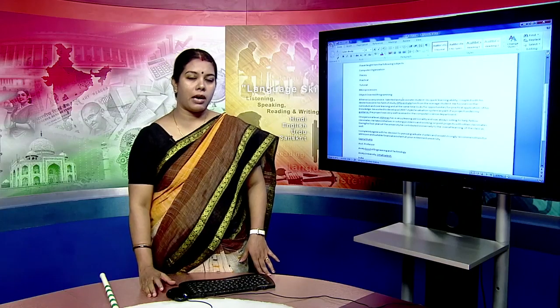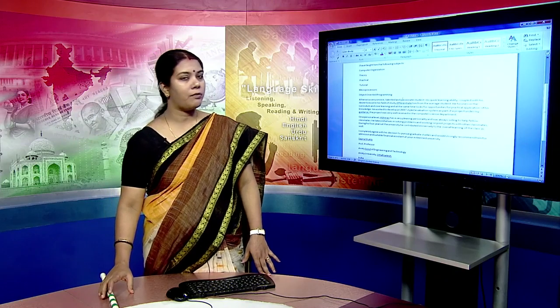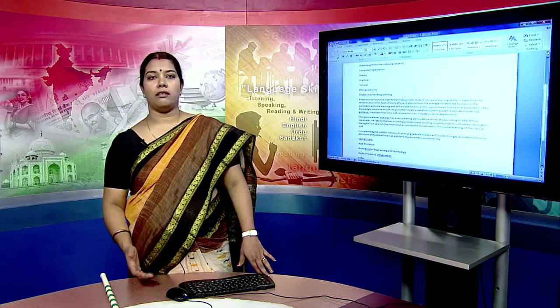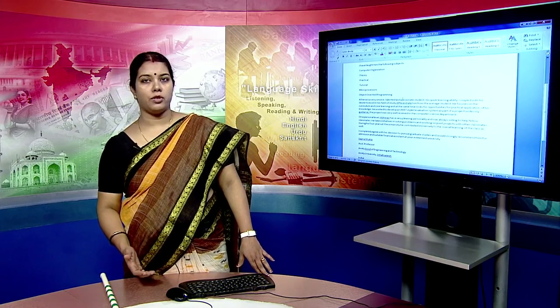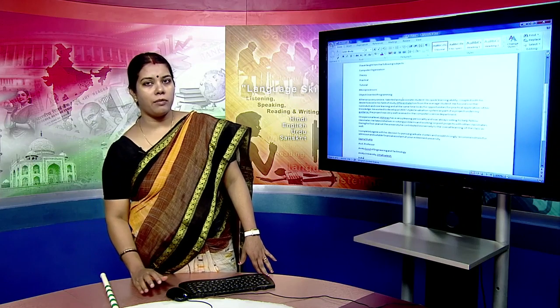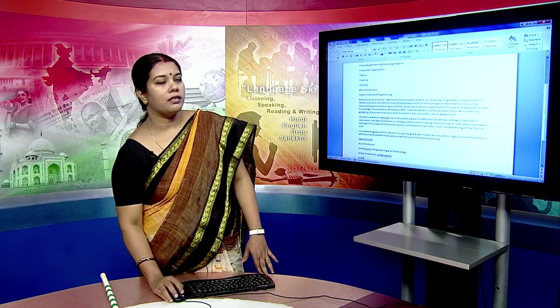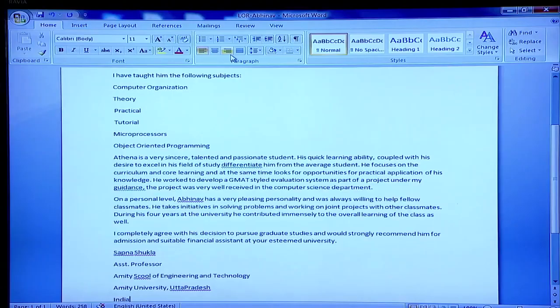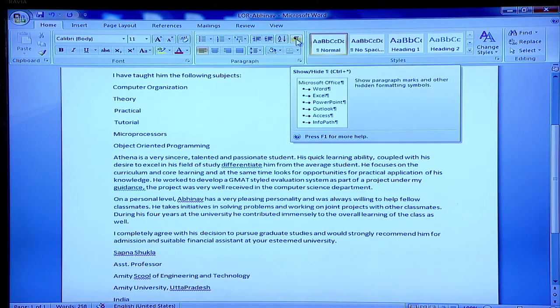Then we have paragraph markers as well. Paragraph markers make it easier to type when you can see the returns, spaces and tabs in your document. If you want to see the paragraph markers, there is a particular symbol over here in the Home tab. In the Paragraph group, you can see this particular